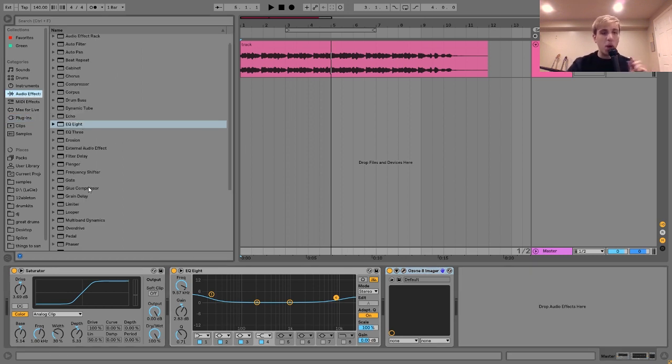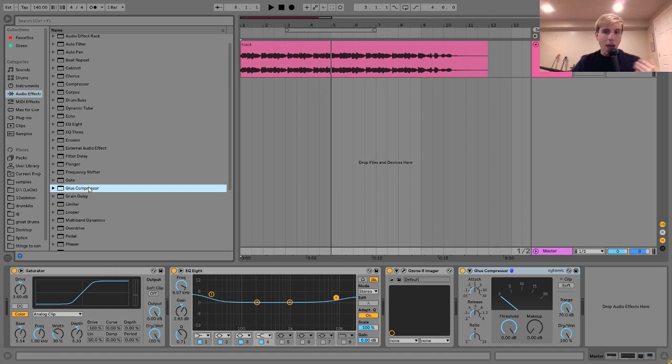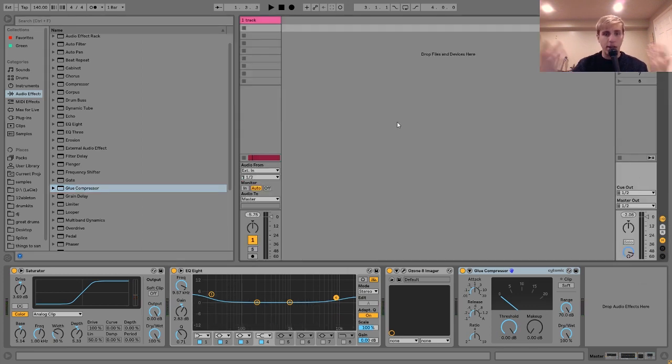So there's kind of two more things I like to do here. The first one is a little tiny bit of glue compression, and this really kind of depends on your track as well. Obviously, you're not always going to need this, but sometimes it can help. So what I like to do here is I'll just play the track and start sort of adjusting this threshold. And I'm also going to go to my session view here because I want to be able to see this thing. So if I hit play here,